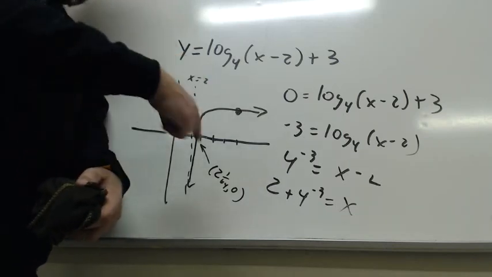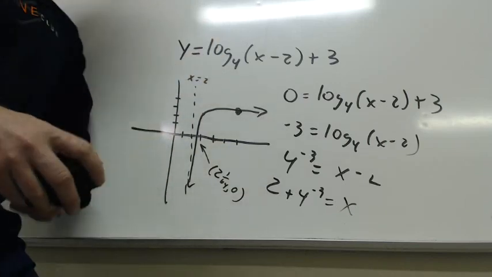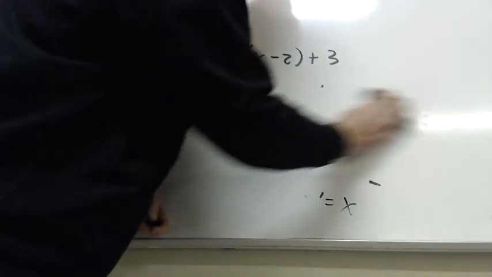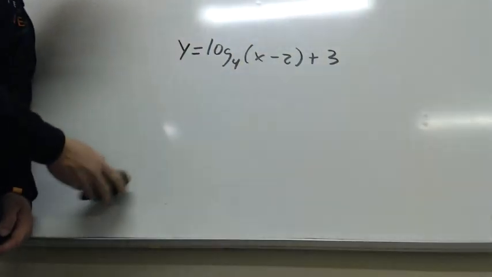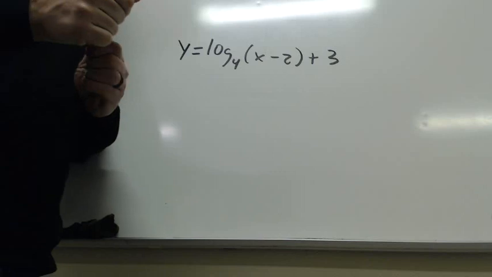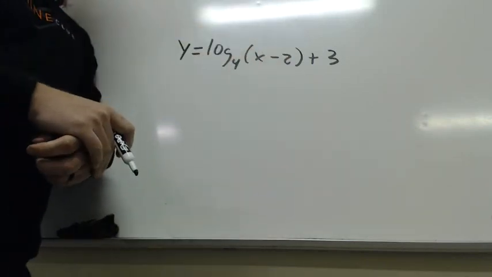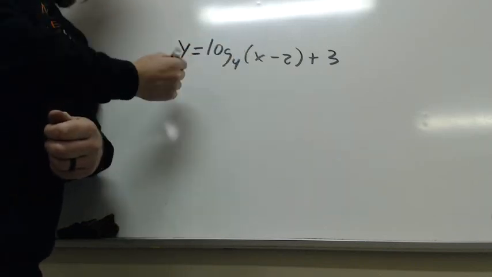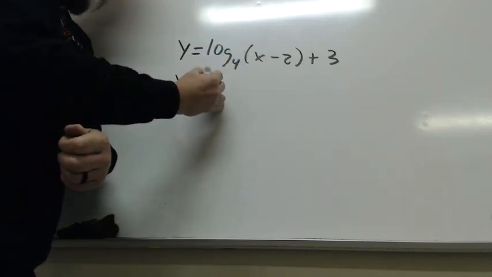So instead of looking like this, it should kind of look like this, okay? So essentially what I want to do is just take a minute and find the inverse of this function. So the inverse of this function right here, here's what's going to happen, okay? The inverse of this function is what you're going to do is you're going to take the x and y and flip them. So basically, you're going to do